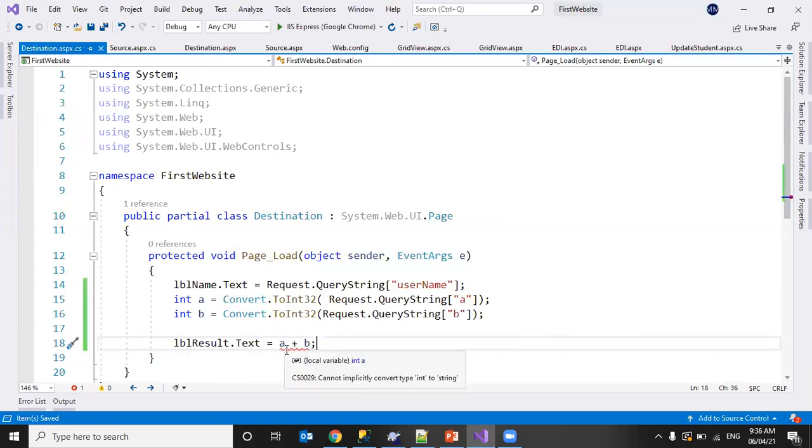See here, it's a text and we cannot set an int; cannot implicitly convert type int to string. So we can use Convert.ToString or directly ToString. Now let's run and check.